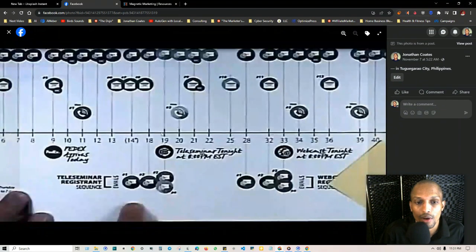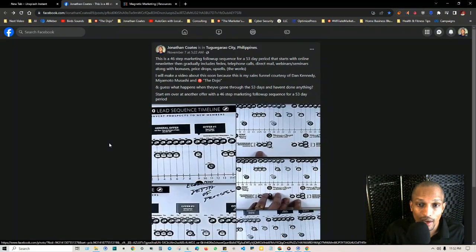So at the very bottom here, we have these clusters for what happens when they join the teleseminar, and we have this cluster of emails here that are segmented for these specific people who join the webcast. Now this is on day 33 and the teleseminar is on day 19. So as you can see, we got FedEx packages going out, we got teleseminars, registration events with webcasts, we have offline direct mails to all go along with the autoresponder email sequence. So it was shared by Dan Kennedy, and it comes with everything as well as the price drops, upsells, bonuses,